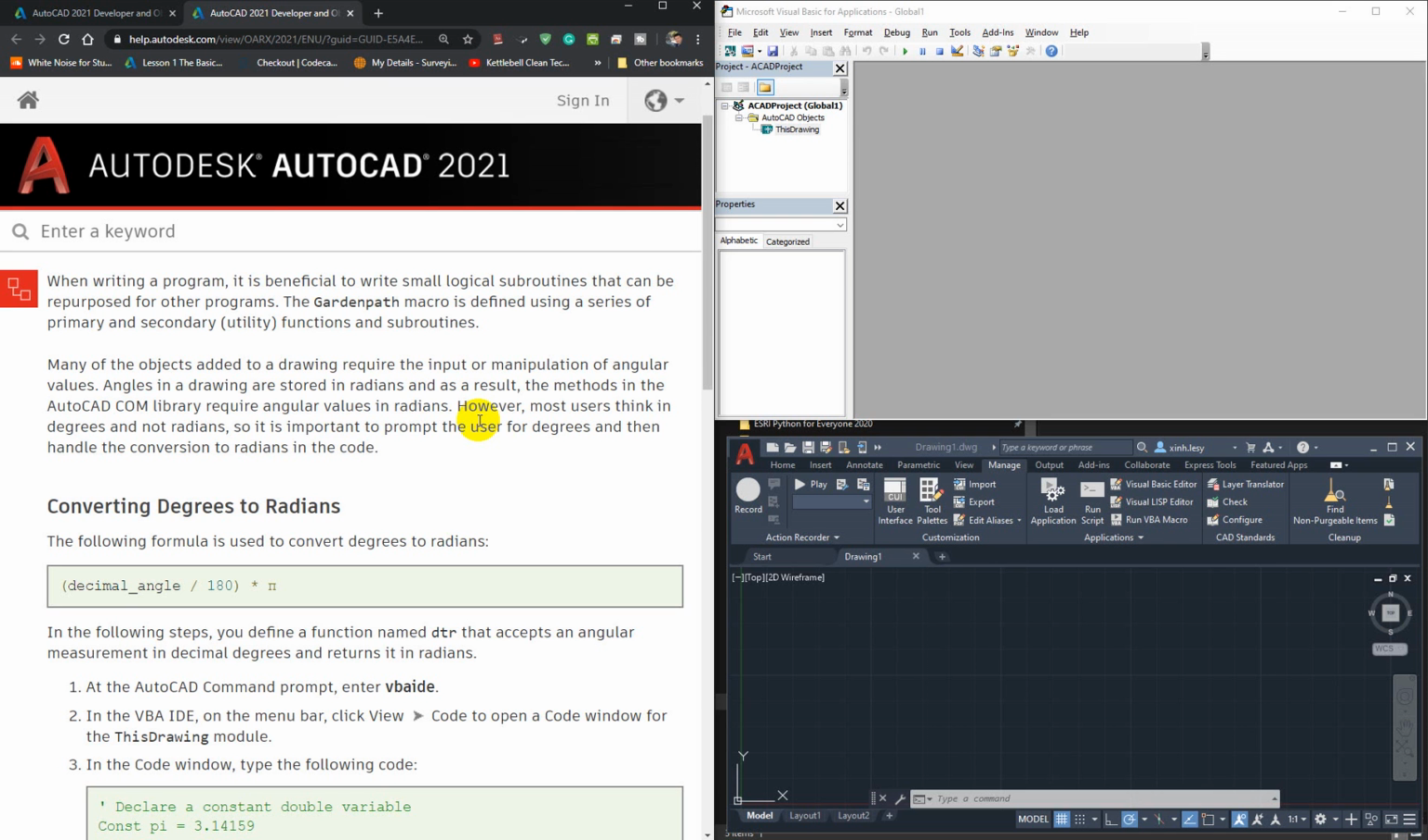So it is important to prompt the user for degrees and then handle the conversion to radians in the code. Converting degrees to radians. The following formula is used to convert degrees to radians: decimal angle divided by 180 multiplied by pi. In the following steps, you define a function named DTR that accepts an angular measurement in decimal degrees and returns